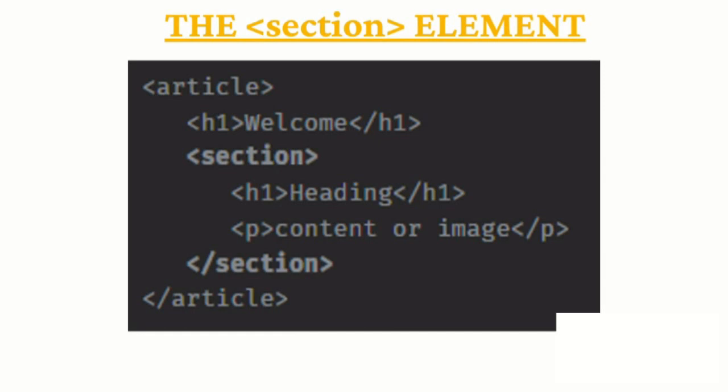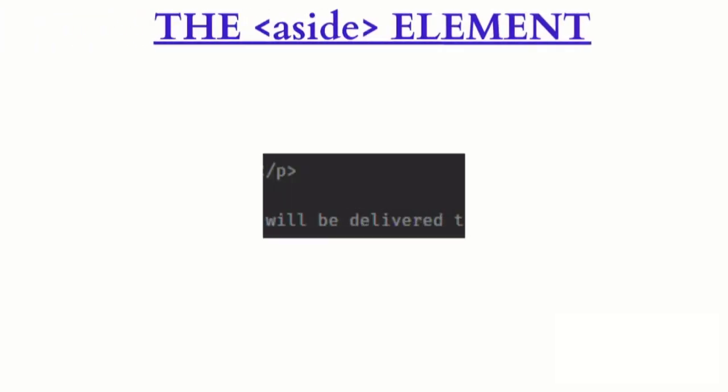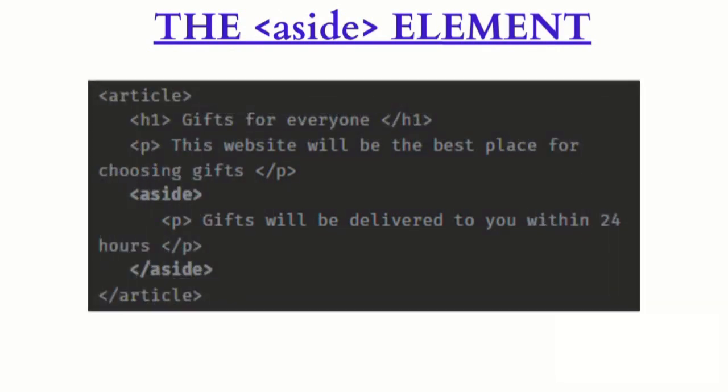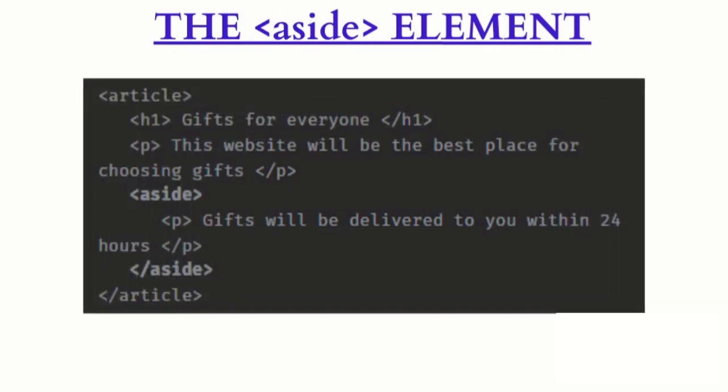section element. An aside tag is secondary or tangential content which could be considered separate from but indirectly related to the main content. This type of content is often represented in sidebars. When an aside tag is used within an article tag, the content of the aside tag should be specifically related